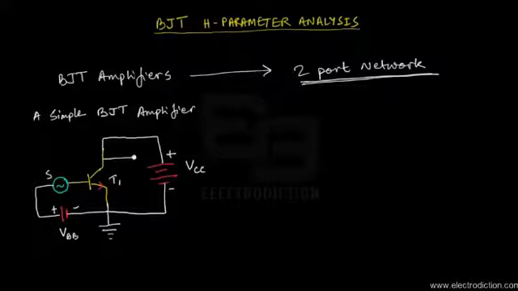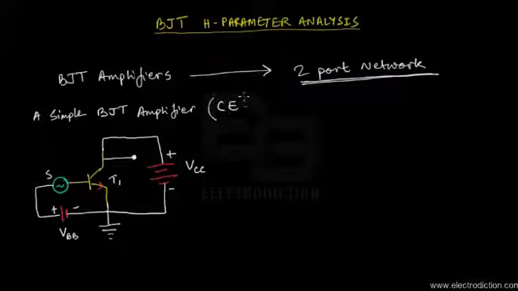That is VBB, at the input end, and that just biases the base and emitter junction over here. And we've got another DC voltage source, VCC, biasing the collector and the emitter area, or rather keeping the collector base junction reverse biased. Now, we are going to deal with the common emitter mode amplifiers created using BJTs,